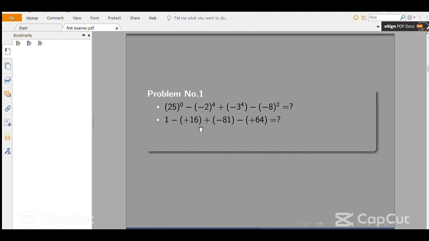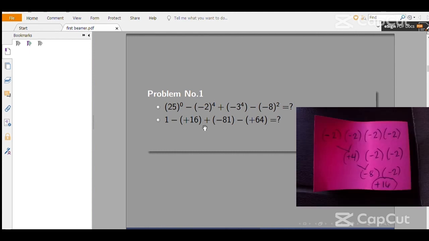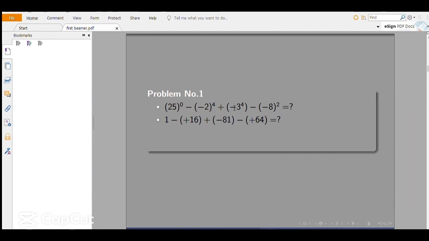Since the negative sign here is enclosed together with 2, we are going to multiply -2 to itself 4 times, so -2 times -2 equals +4, since negative times negative is positive, and then times again to -2 equals -8, since positive times negative is negative, and then times again to -2, so the answer is +16, plus -3 raised